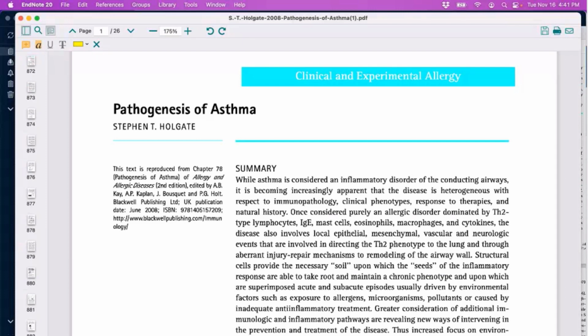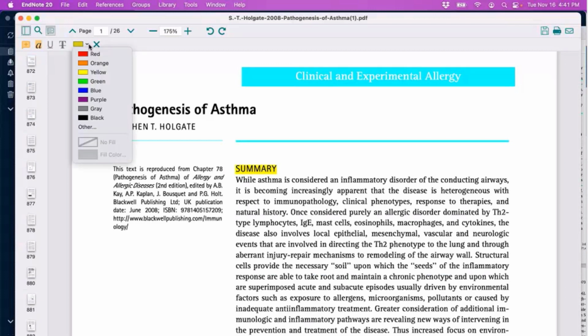You can do things like highlight text. Let me click, there we go. Click on that icon. Perfect. There we are. And if you just click on the page here, you can highlight text. I'm not sure why that's not sticking. There we go. My problem with my trackpad. So you can highlight text, you can underline text, you can strike out text. One of the benefits of the annotation tools on Mac OS is actually you can apply different colors to the annotations. Unfortunately, that's something we don't have yet on the Windows version of EndNote.